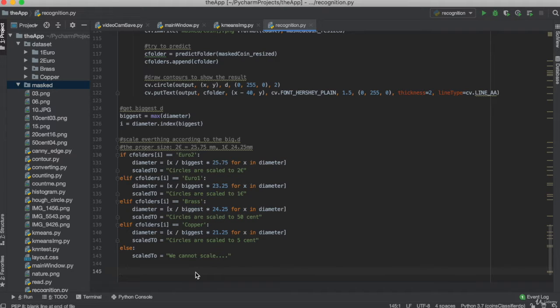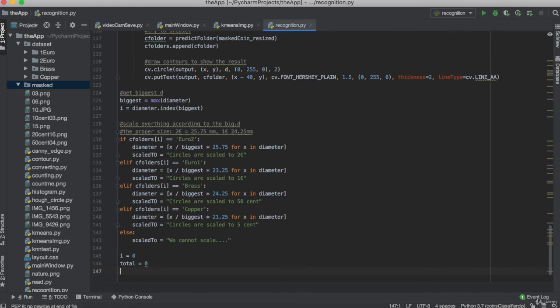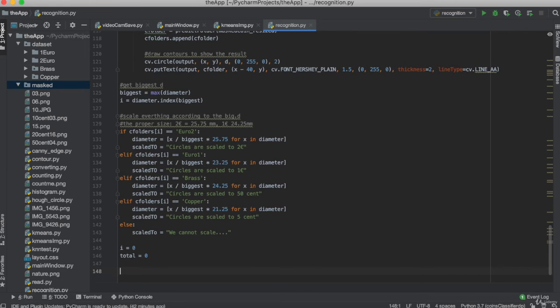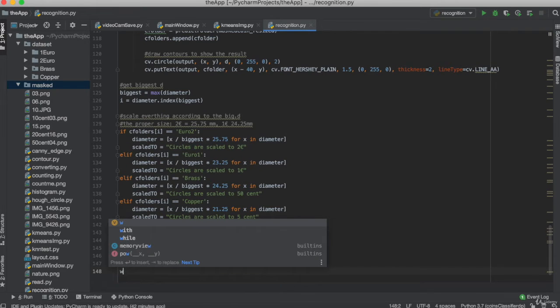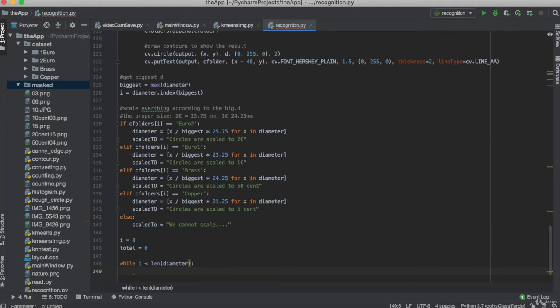So we can use something like i, we give it 0 for now, and the total of coins will be 0 for now. We will put something more after. So we can use a while loop. We can loop over everything that we need. i will be smaller than the length of diameter. We do something like d will be diameter of i,